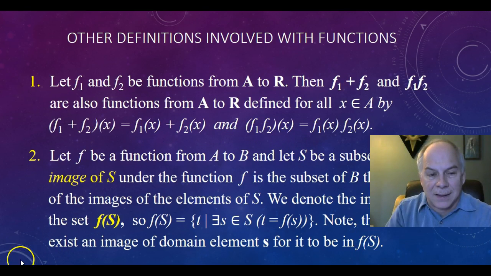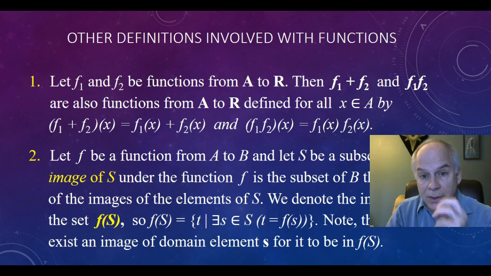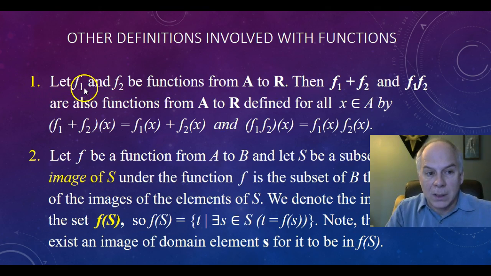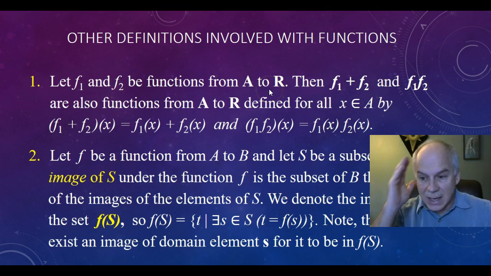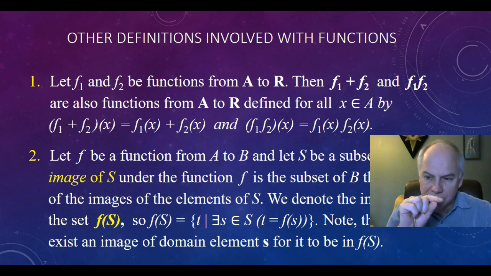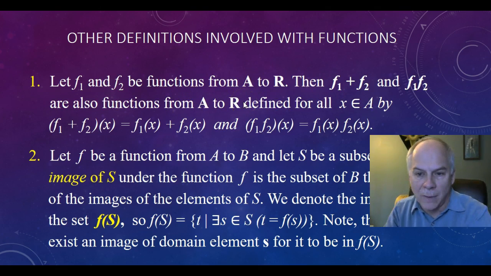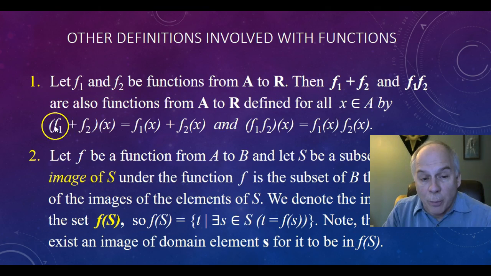All right, let's look at some definitions involved with functions. Number 1, let f1 and f2 be functions from set A to set R. R is like the real numbers. Then f1 plus f2, in other words, we're adding the two functions together, and f1 times f2, so we're multiplying the functions together, are also functions from A to R, defined for all x that are elements of A by